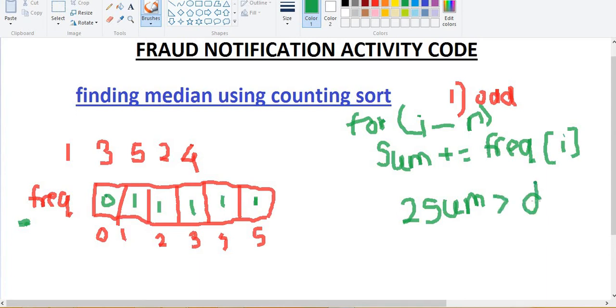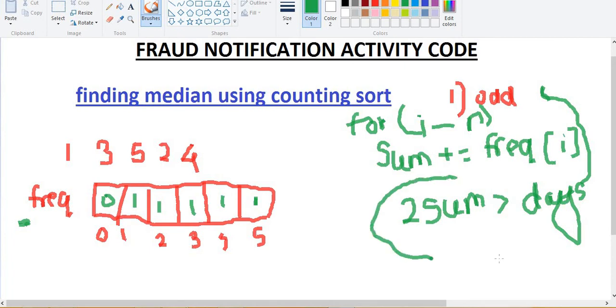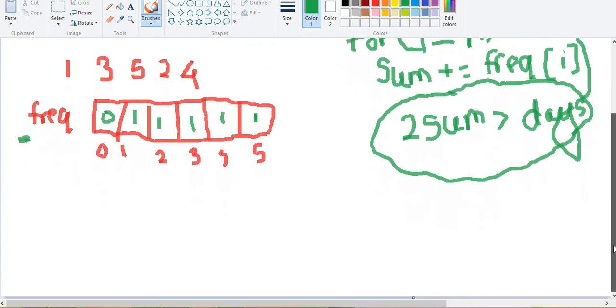So in the problem it was days, you can have a given number, or for how many trailing days, or for how many numbers we need to find the median. So as of now days is odd, as I told you, so we would be checking this condition.